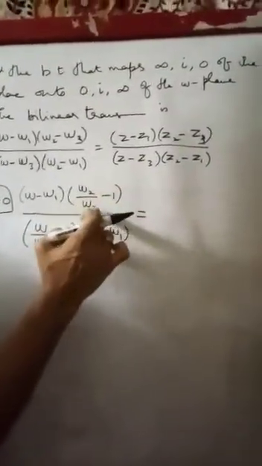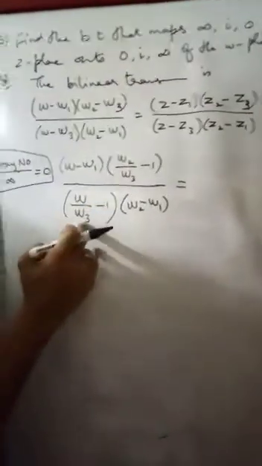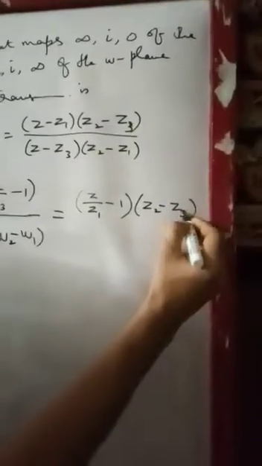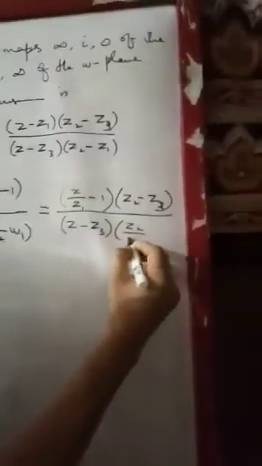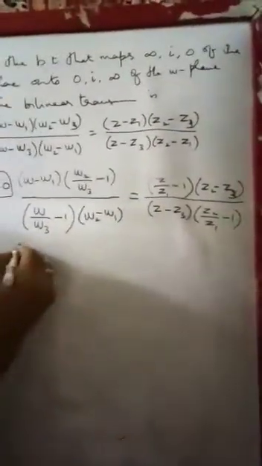Now listen here, if you cross multiply, you will get omega 2 minus omega 3 by omega 3, here omega minus omega 3 by omega 3. This omega 3 gets cancelled, so this is the same as this one. Both are the same. We are writing in this form. Similarly here z1 is infinity, so write this factor as z by z1 minus 1 into z2 minus z3 by z minus z3 into, now write this as z2 by z1 minus 1. Okay. Now you can substitute the values.